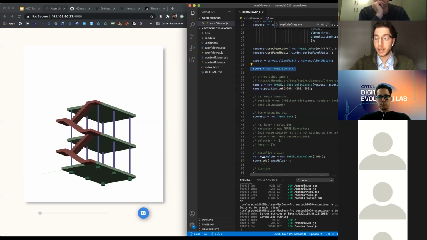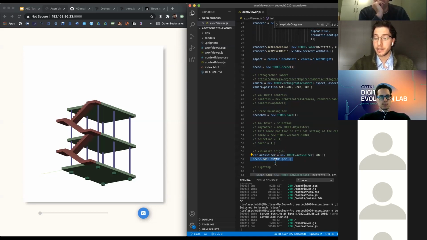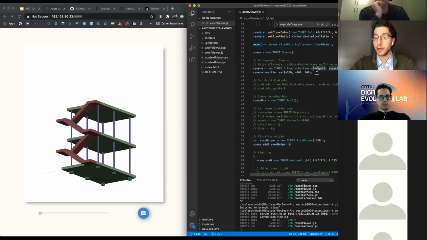And you'll see a lot of things like this here, scene.add, where we add things to the scene. The only thing that we don't actually have to add to the scene, I believe, is the camera, even though it is sort of technically underneath that. They pretend like it's not, I think. So because we want to make an axonometric diagram today, we're going to be using the orthographic camera, which